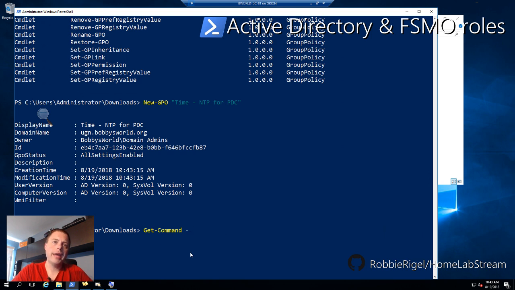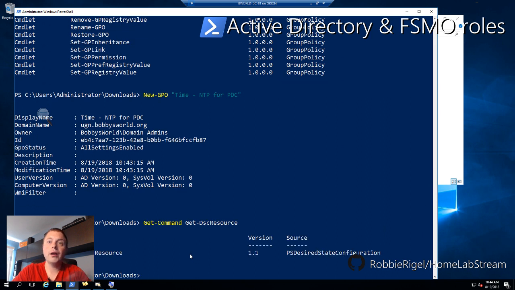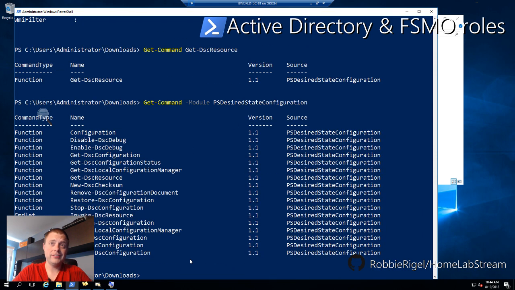Well, okay, one of the commands is Get-DscResource here, and that's in PSDesiredStateConfiguration. Maybe it wasn't loaded at the time, that's why I couldn't auto tab here. But desired state configuration is